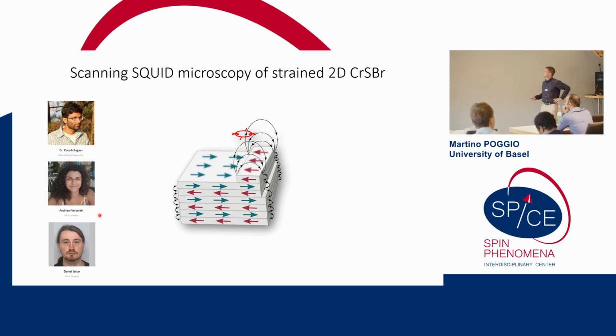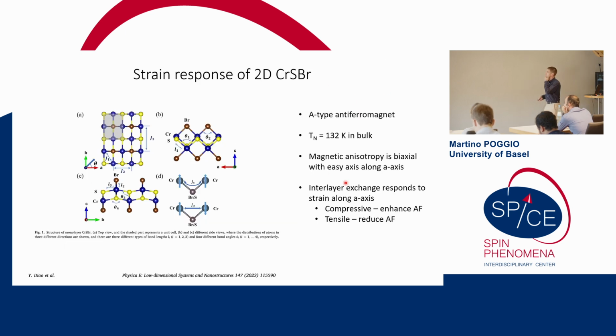So let me tell you first about what we did with chromium sulfur bromide, which is a very nice 2D magnet, and then maybe I'll have time for one more 2D magnet. We were interested in studying chromium sulfur bromide, mostly for practical reasons. It's one of the few two-dimensional magnets that you can exfoliate that is actually stable without having to be encapsulated. So it's experimentally one of the easier ones to deal with, and it's also very interesting